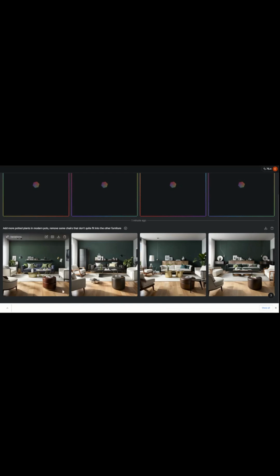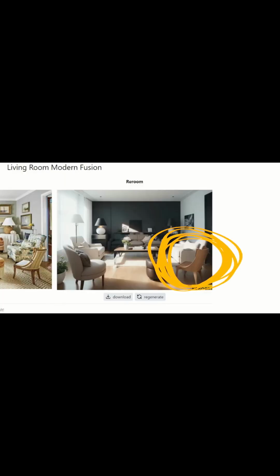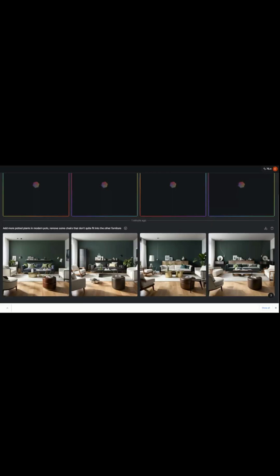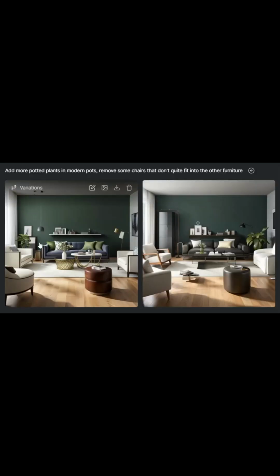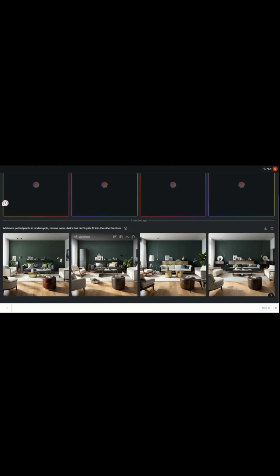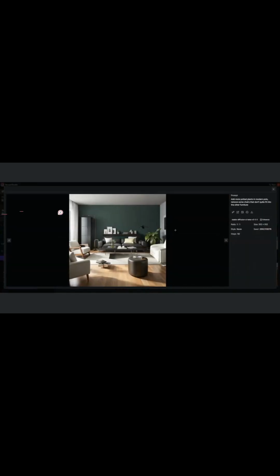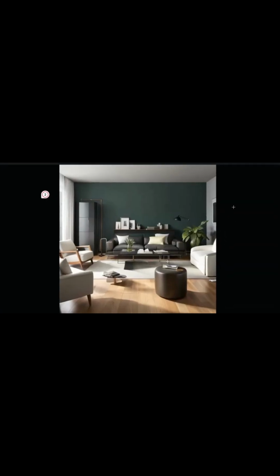I'm actually really happy that we had one chair here that I didn't really like, and I'm super impressed that it picked it up with our prompt to remove it because it didn't quite fit in. So I completely agree on that. As you can see, I added more potted plants here. And yeah, so once you've chosen the one you like, you can start replacing your furniture and creating a new